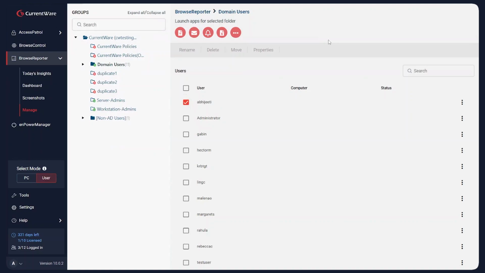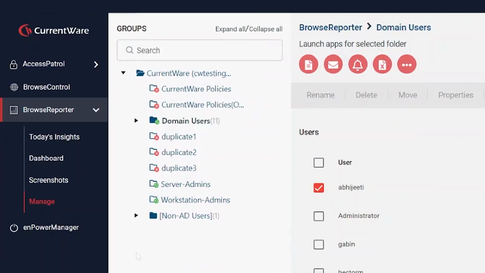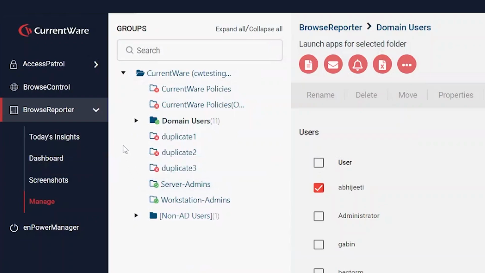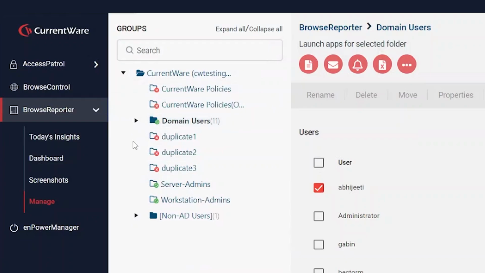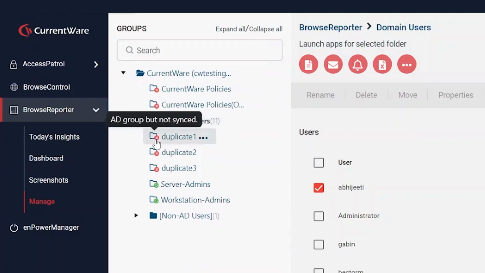Once you have successfully synchronized your Active Directory security groups, there are some new icons to represent the current sync status. If the group folder that you have added is currently empty, it'll show up as white within the Manage tab. If there are users associated with the group, it'll show up as colored in. And then the little bubble next to the folder represents the current status of the sync. Green means that it is currently synced, and red means that it is not synced currently.